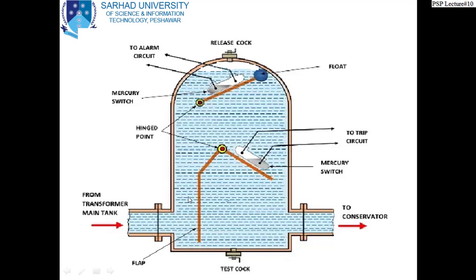The major portion of that gas is of course hydrogen, which is lighter, and it goes up and is entrapped in the space above the oil, and when a certain amount of gas is accumulated, it applies pressure on this float, and the circuit is completed through this mercury switch. This circuit is of course the alarm circuit,